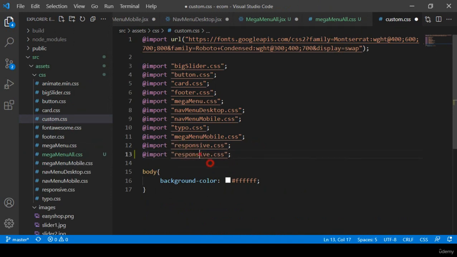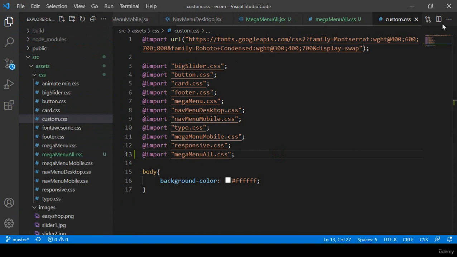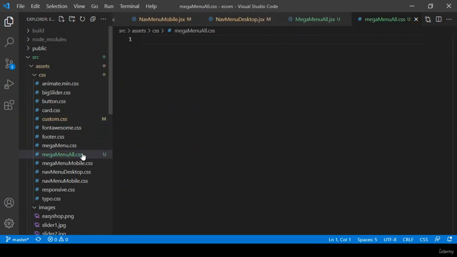I name it as mega menu all. So that will be mega menu all. Perfect. So I import this css, which is totally fine. Right now we don't need this custom css. And now if you go to that mega menu mobile,